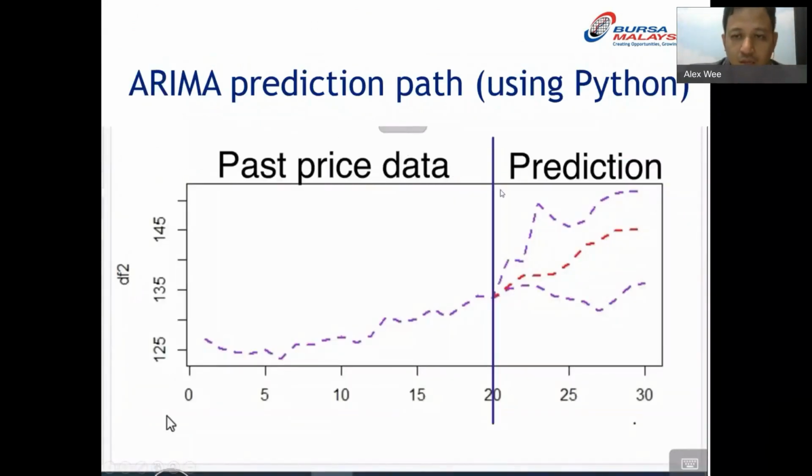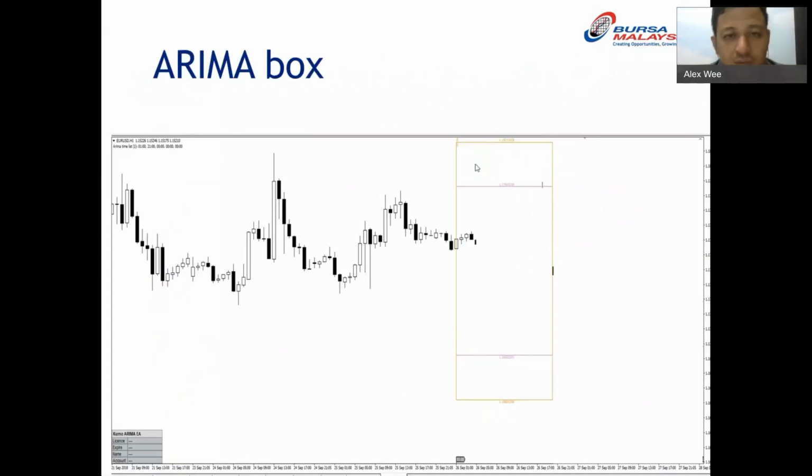So it's something like that. Using the past data, you try to predict a path, and then it has an upper and lower limit. That's what I use. That is very similar to Bollinger Band. That's why I can compare it to the Bollinger Band, but it is more accurate. So I give you an example. How does the Arima box work? So it enters, and then the upper is where you should short, and then here is where you should long.